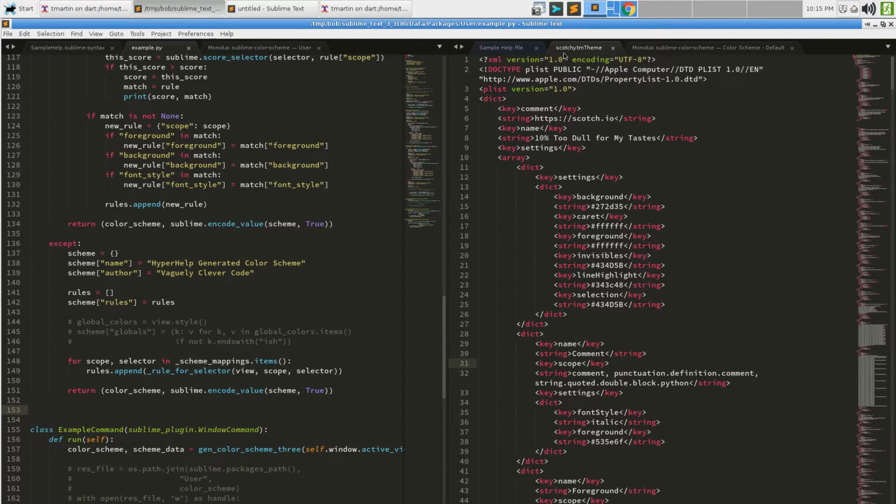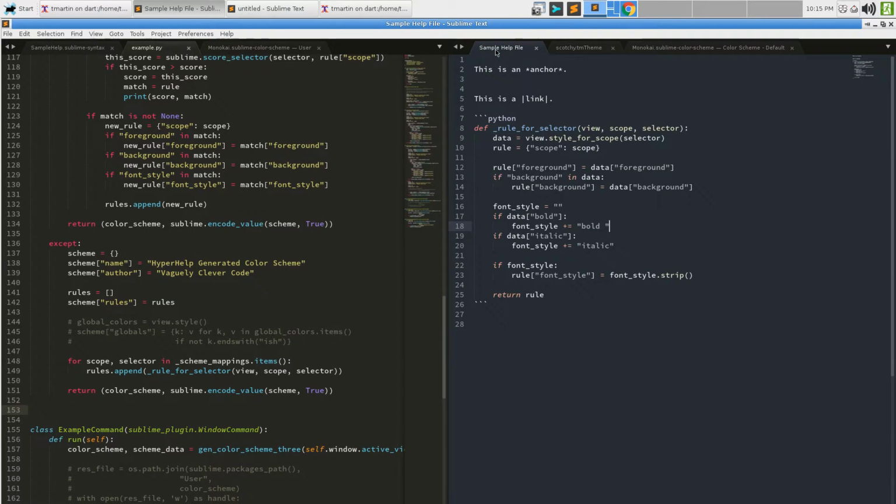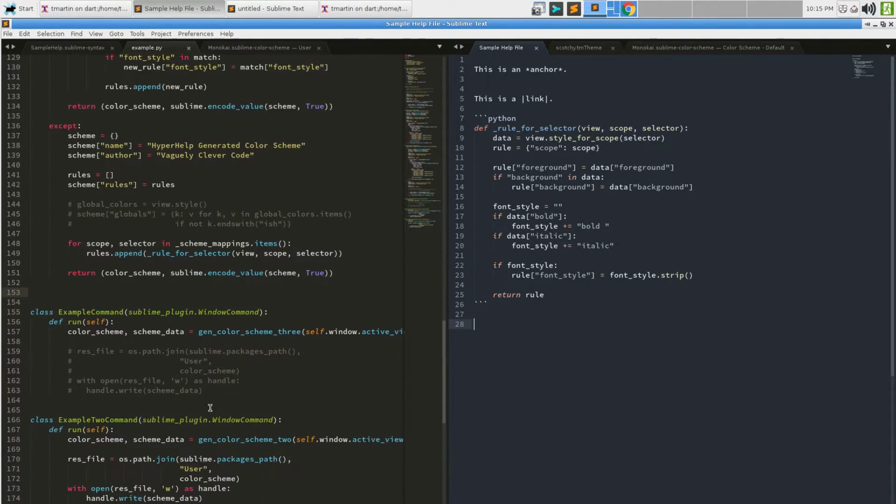So now, for this, I need to have this file be the file that's selected because this is going to invoke, oh, I need to fix some stuff here too, don't I? I need to put that part back now that we know that that will probably do something. That seems like it might be important. It's going to create the color scheme based on the active scheme, so I'm going to do that here.